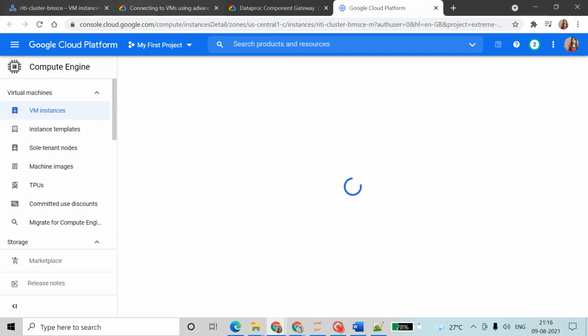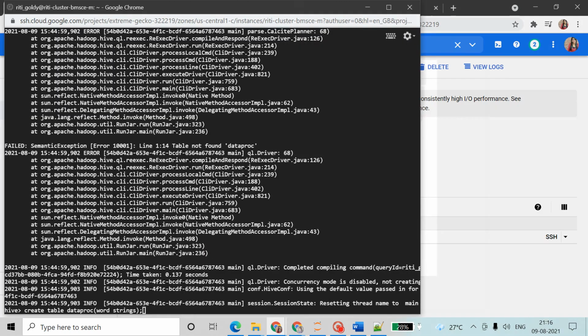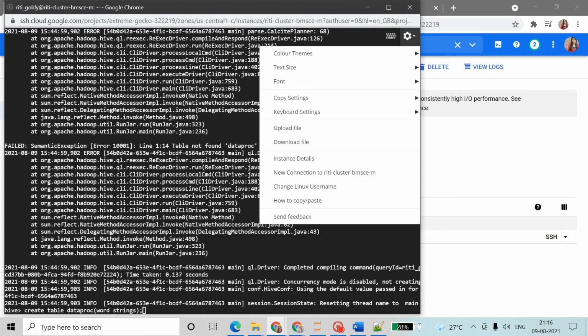It is taking time. How to copy and paste, change Linux username. We can change our Unix username, but why change? I am using my Gmail ID, and that username only I am using, so that's fine.